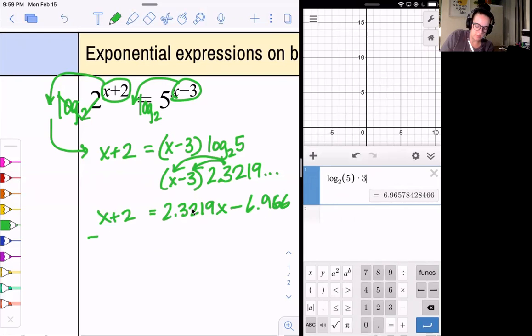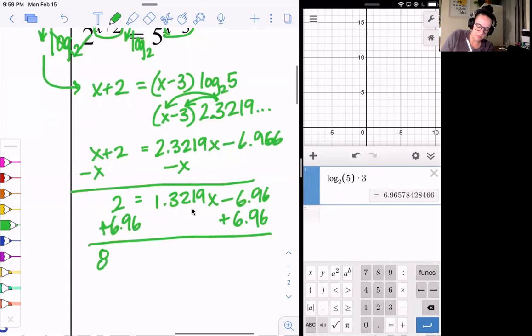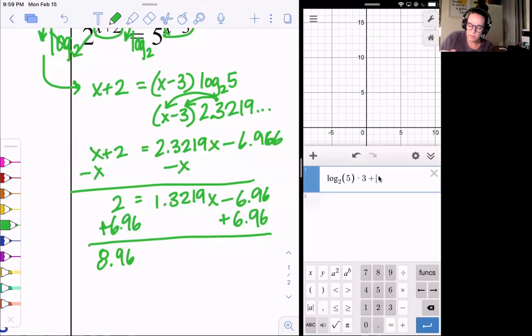So I'm going to go ahead and subtract x on both sides. I get 2 equals 1.3219x minus 6.966. I'm adding that 6.96 on this side. So I'm going to have 8.96. Remember, it's really just this number over here. So I could even just add 2 in my calculator to get what that number is. 8.966 equals